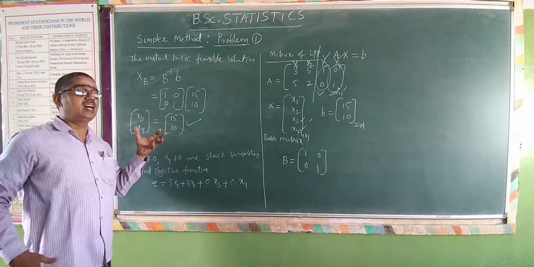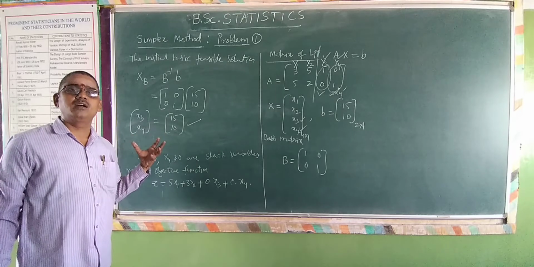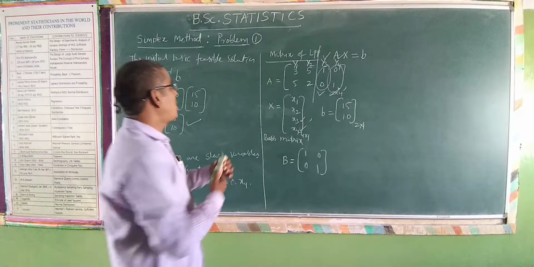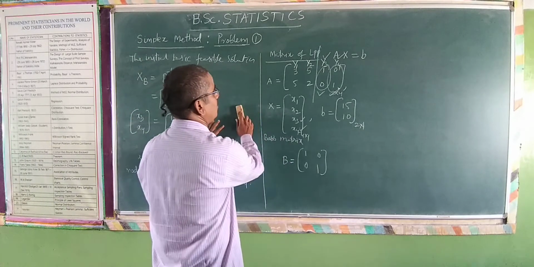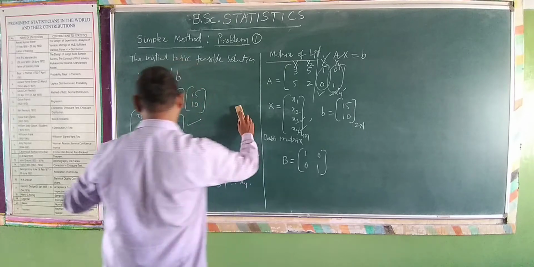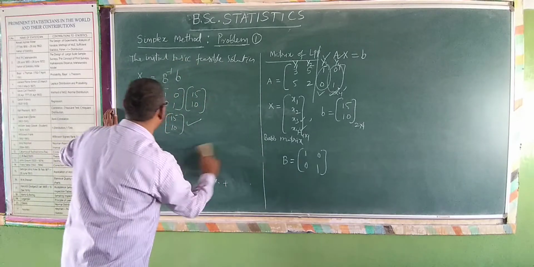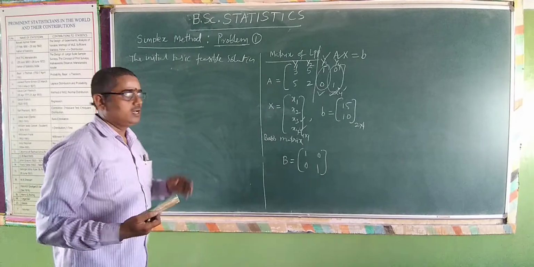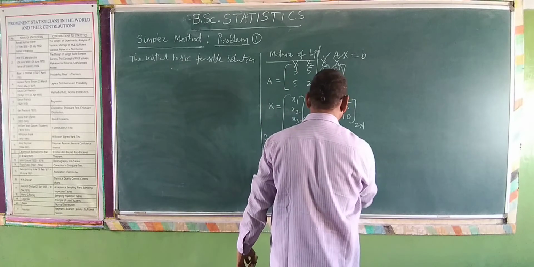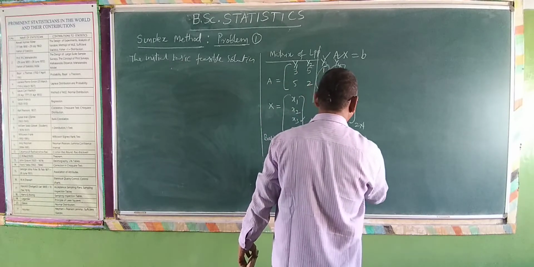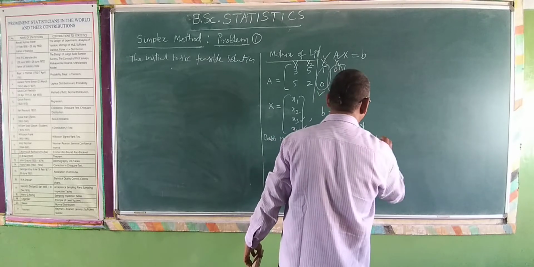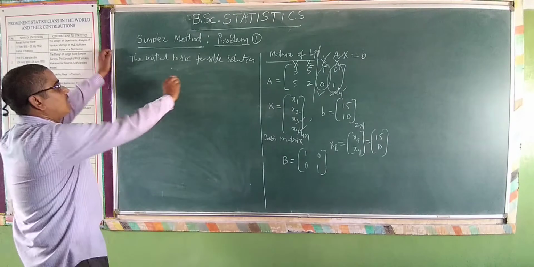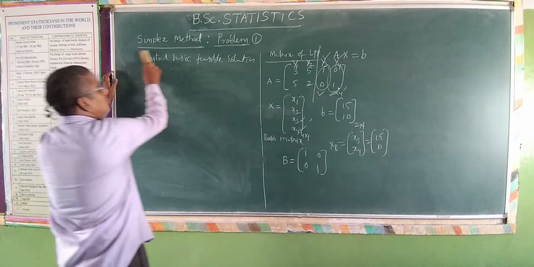Now this is how the initial basic variable solution is obtained. Now we have to put it in the first column of the simplex table. So we have to form the simplex table now. I write XB, the initial basic variable solution. XB is equal to X3, X4, which is 15 and 10, as we have obtained. You please remember this, and then I form simplex table 1.